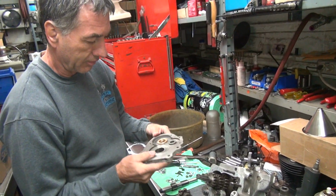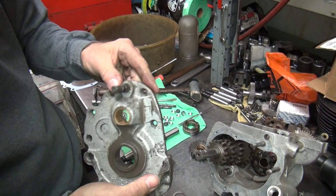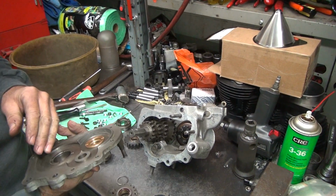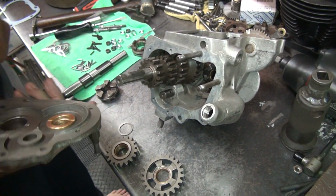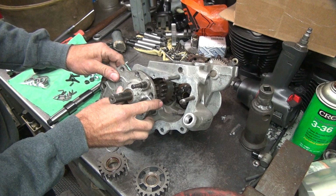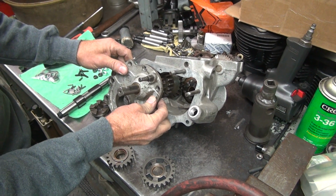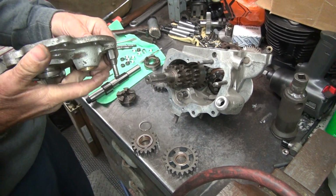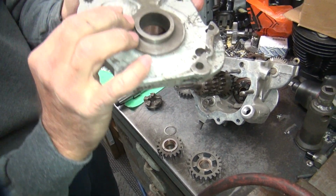Now, what's going on this side over here? Looks like that got replaced too. How tight is that one? And where's the rubber? The rubber wasn't in there. The rubber goes in there, see? Oh, it's in the bag. Yeah, well, that wasn't causing a problem because it wasn't in there. The bushing's a little loose, so it's fine. It's not very round or even. Looks like it was cut out with a dull pocket knife, but